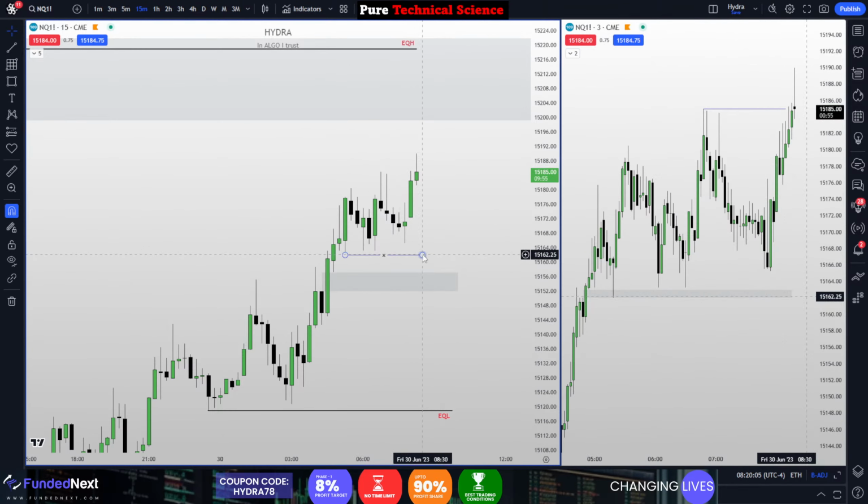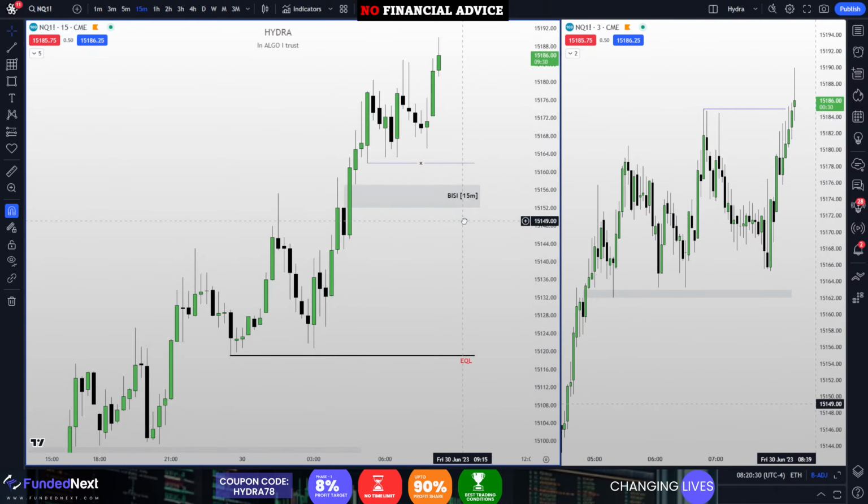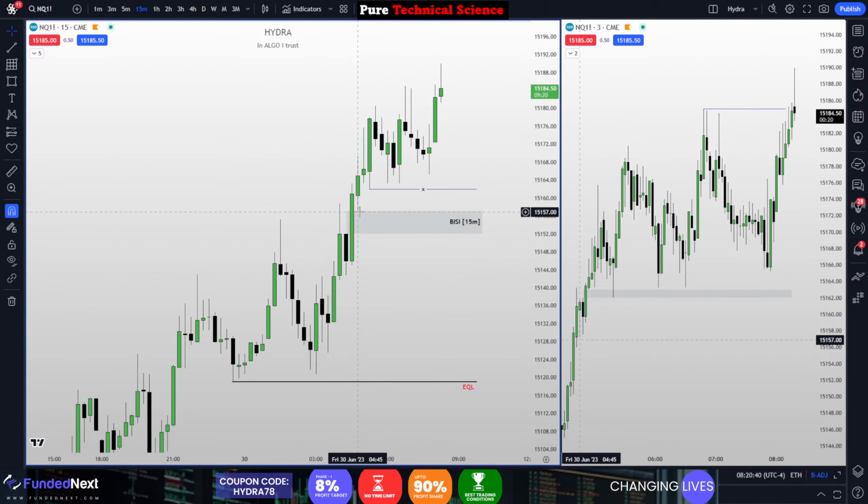15-minute. What is so significant about this fair value gap? Okay, why am I marking this one specifically? Why not this one? There are equal lows down here, so why am I not marking this one, right? It's coming with an order block. I'm marking only what I see as low hanging fruit, where price can easily hit my TP